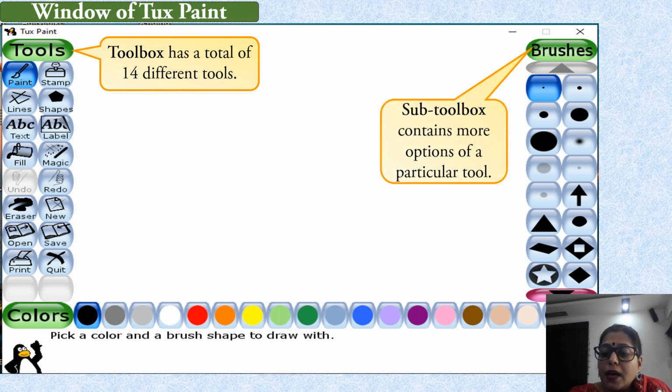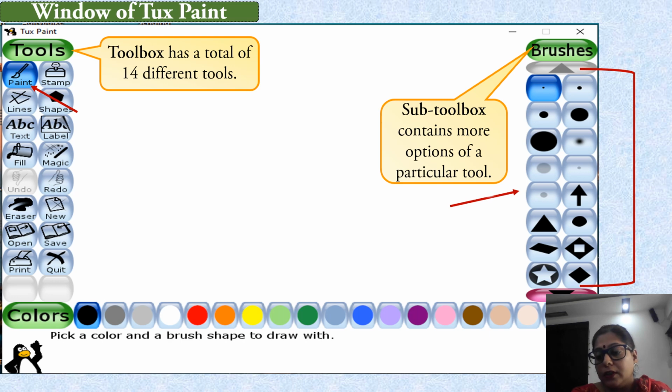This is the sub toolbox. When we select any tool from the tools, then the tools related to this main tool are displayed in the sub toolbox. Okay. For example, if we select the paint tool in the tools, then the sub tools of the paint tool are displayed in the sub toolbox.